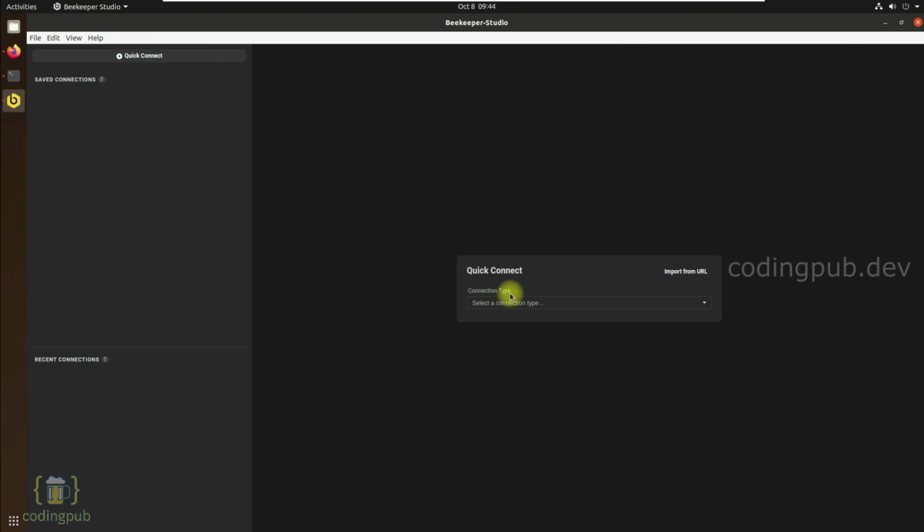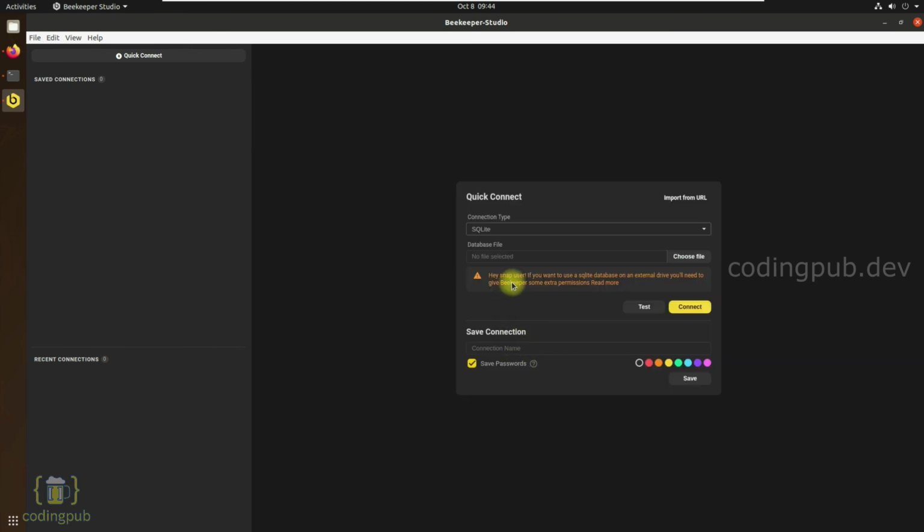And in the quick connect section, if I click on the connection type, you will be able to see numerous options like MySQL, MariaDB, Postgres, SQLite, SQL Server, Amazon Redshift, and CockroachDB. You will be able to use this tool to connect with all these types of databases.